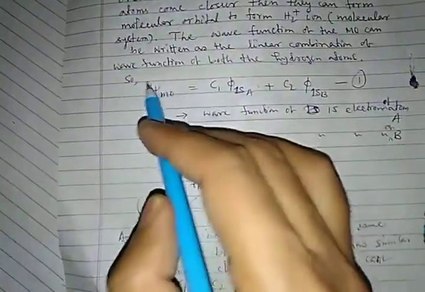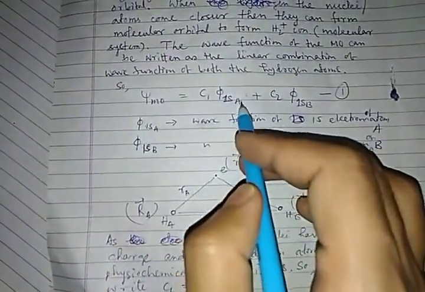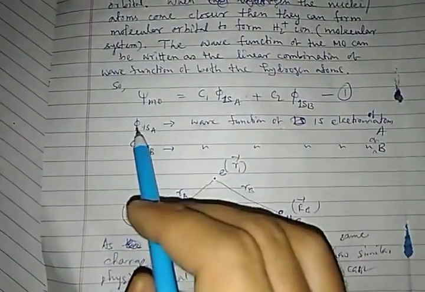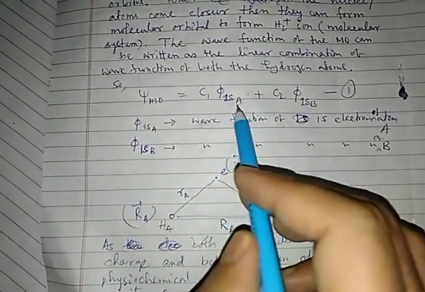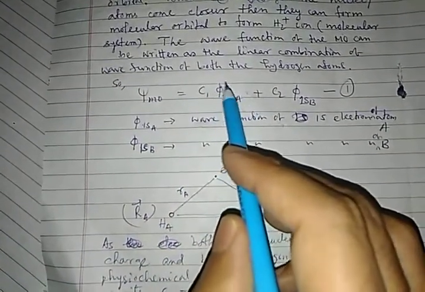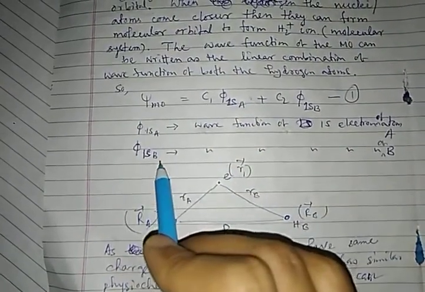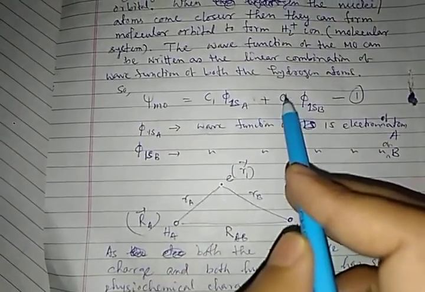Now we have noticed that this psi-MO can be obtained by the linear combination of the 1s orbital of A and the 1s orbital of B. This phi 1s is the 1s orbital of a hydrogen atom, and this suffix A represents the 1s orbital of hydrogen atom A, and this is hydrogen atom B. Now this C1, C2 represent the coefficients,